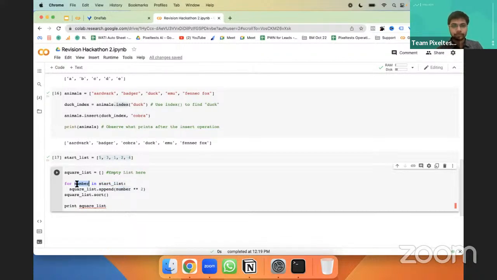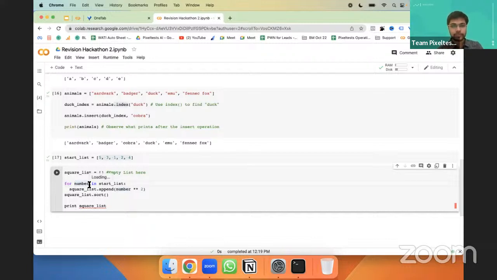For example, here we are saying start list. So what this does is, in this particular list, the index is in the number variable. The for loop will go through each of the elements.